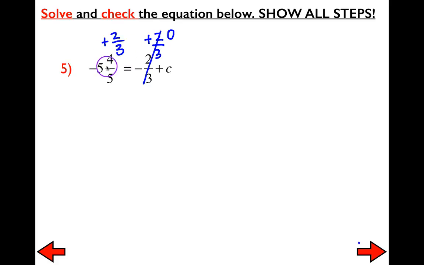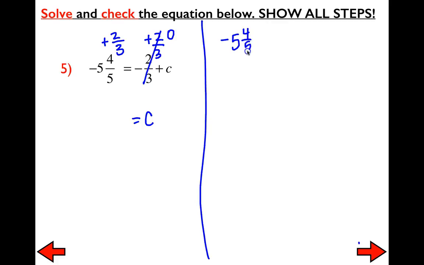So notice I also write things off to the right. I never write things off to the left. Think about how you write words. When you write, you write off to the right. The same applies for math. So here, I'm basically left with C equals. Here, I'm going to have to do some side work to figure that out. So I have negative 5 and 4/5, which in fact, I'm going to go ahead and turn into an improper fraction right now. That would be negative